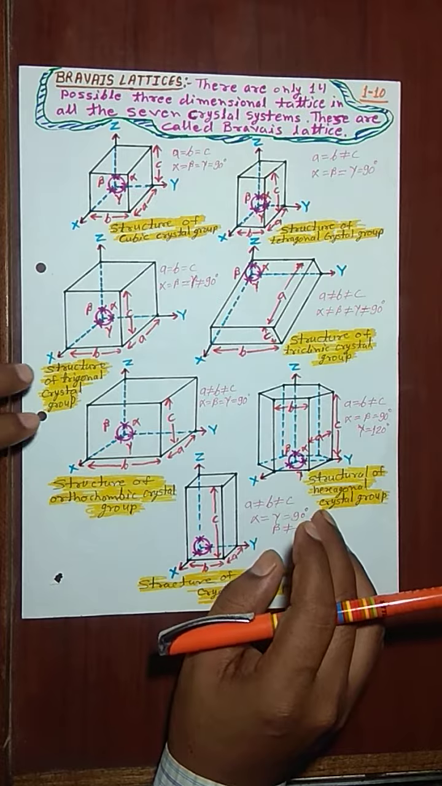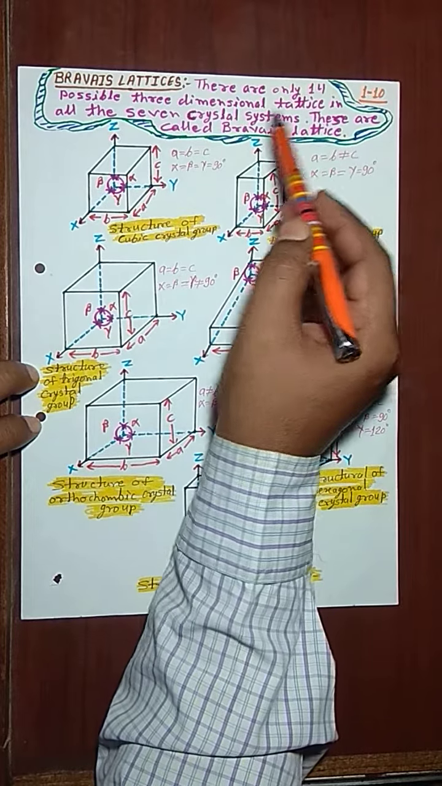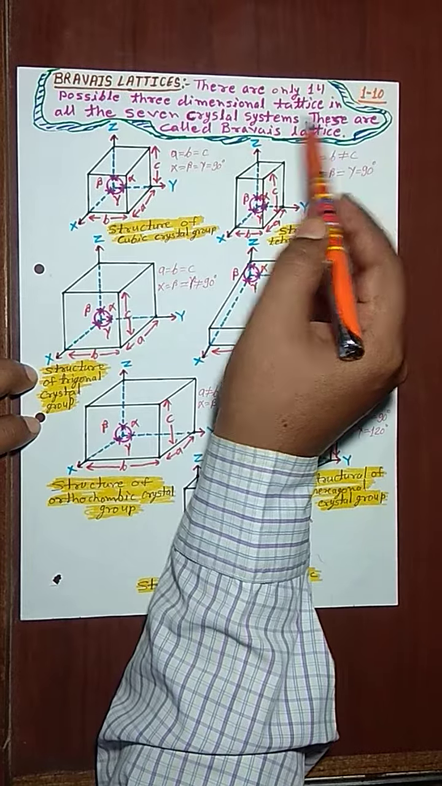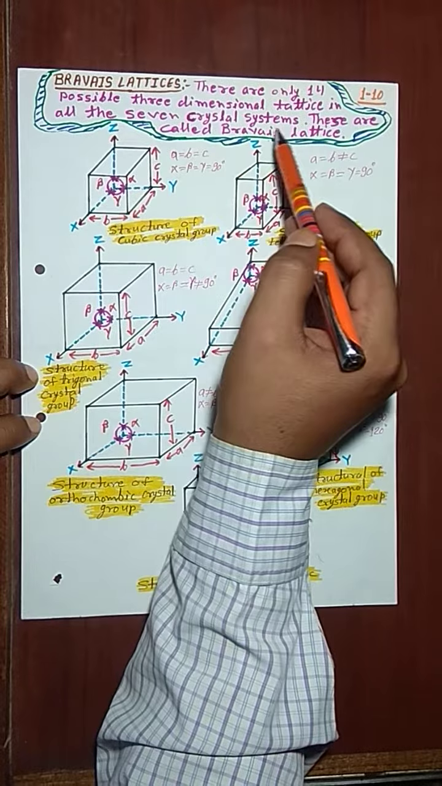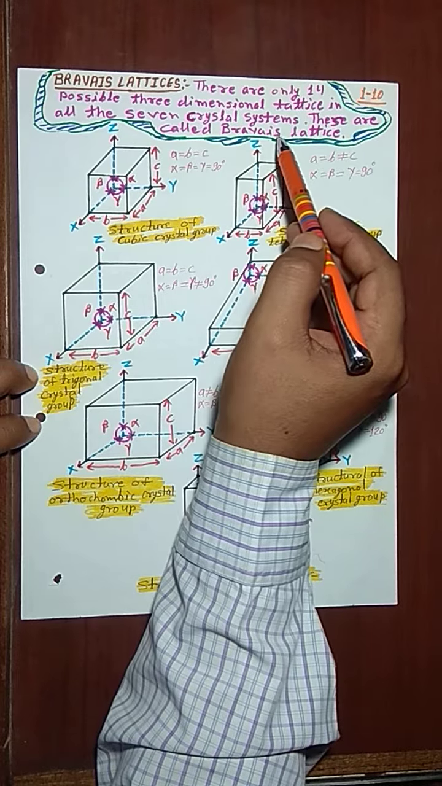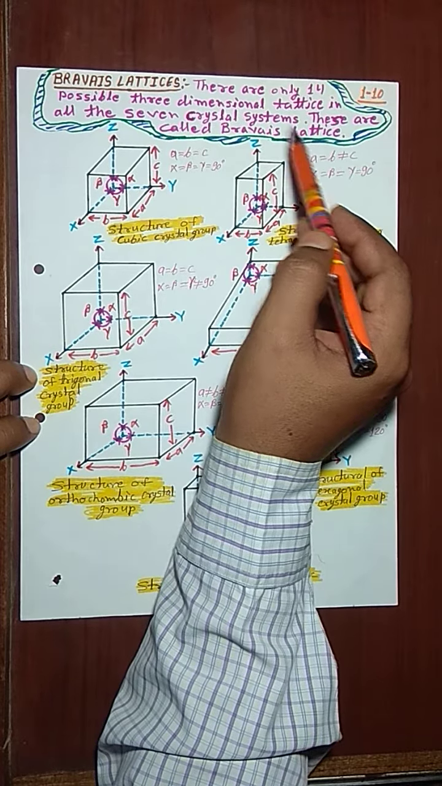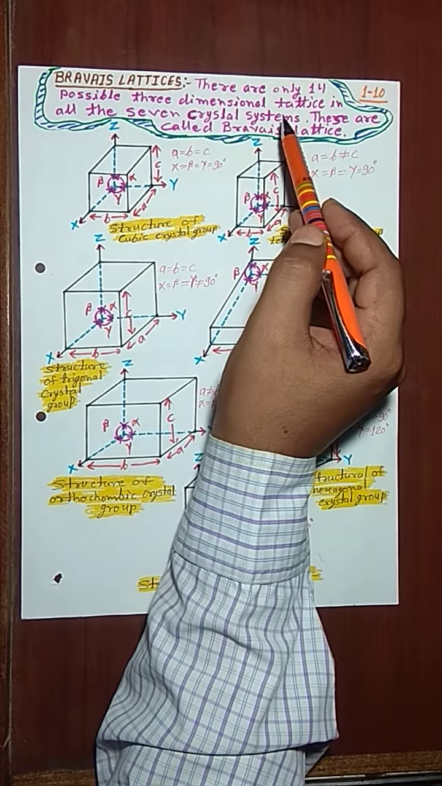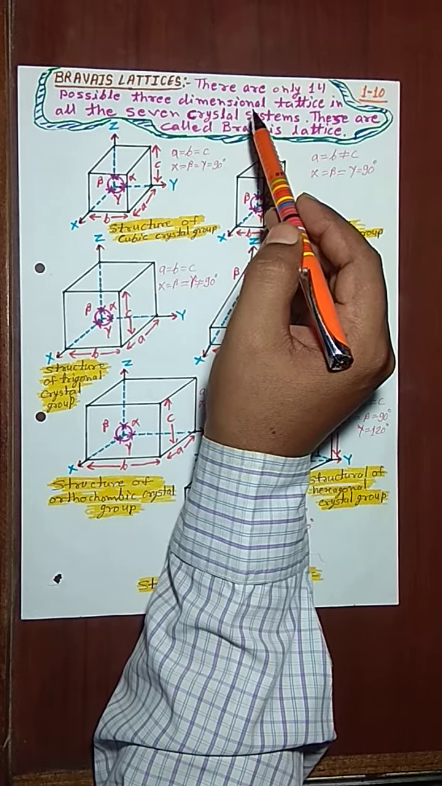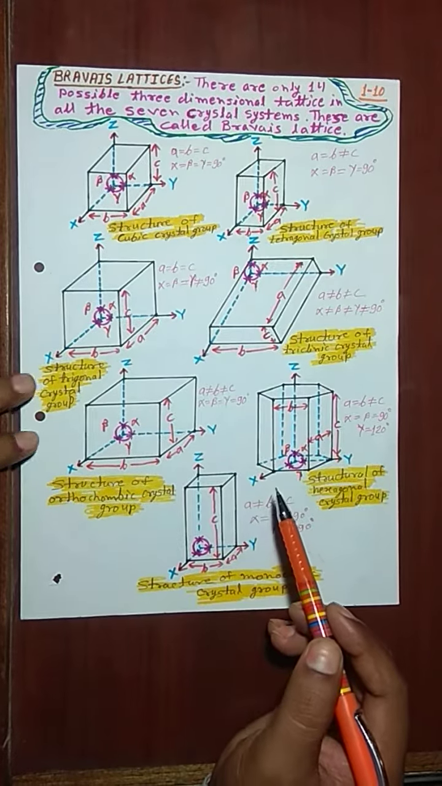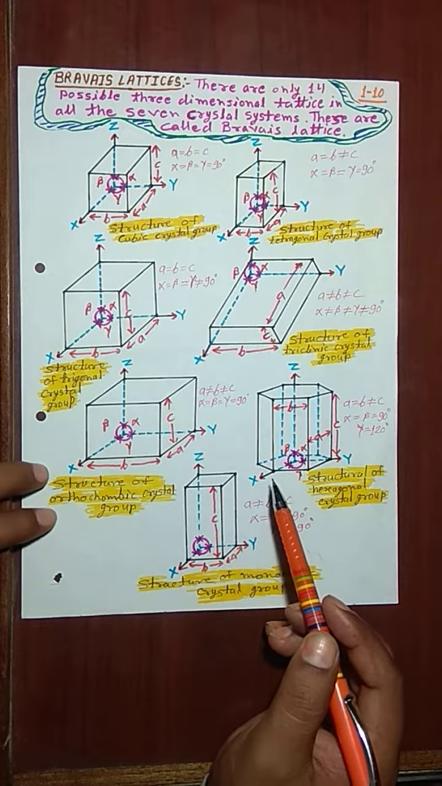Students, there are only 14 possible three-dimensional lattices in all 7 crystal systems. These are called Bravais lattices, correct? So 14 types of possible three-dimensional lattices are called Bravais lattices. Basically 7 types of crystal systems are there. First is